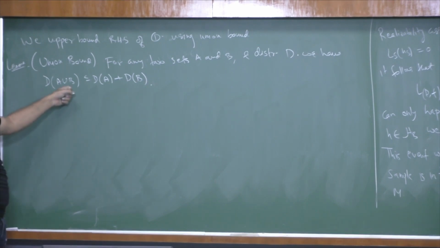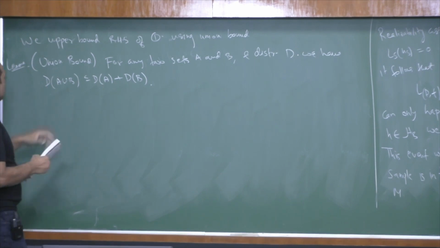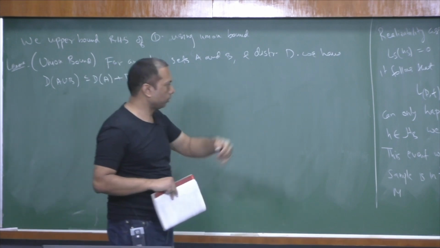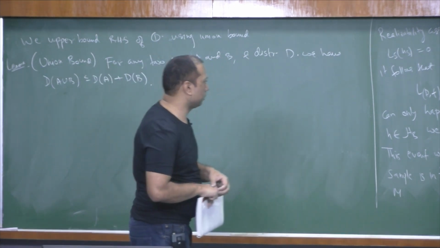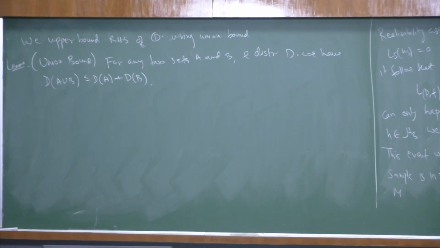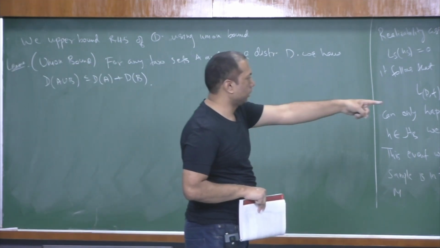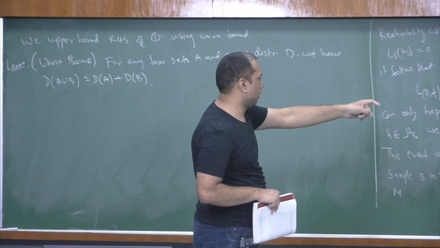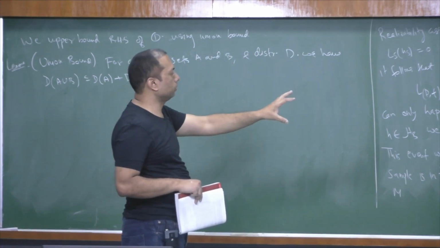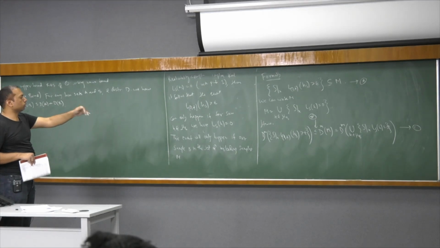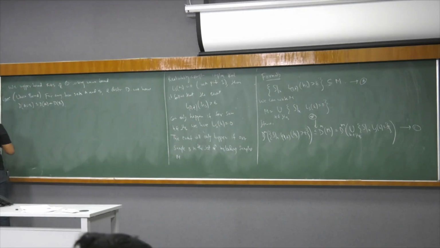The union bound also has a general version if you have more unions, but we are okay with this case. In fact we will need exactly that, since it is a union of many of these sets, basically the right hand side of the one we have to upper bound. So the probability of the union is less than or equal to the sum of the probabilities of those sets. So we apply the union bound